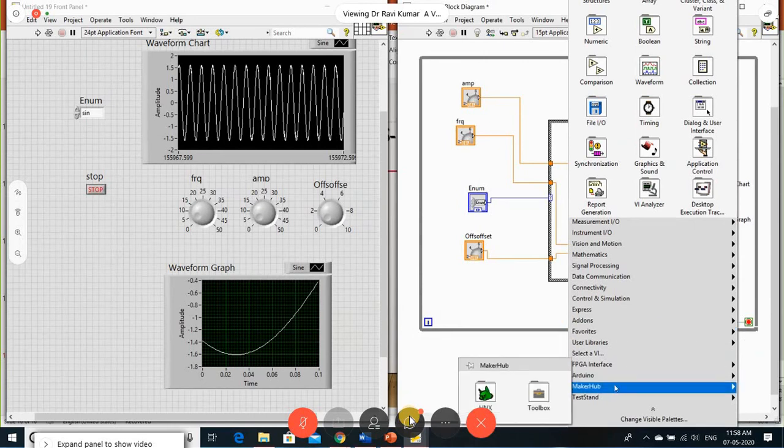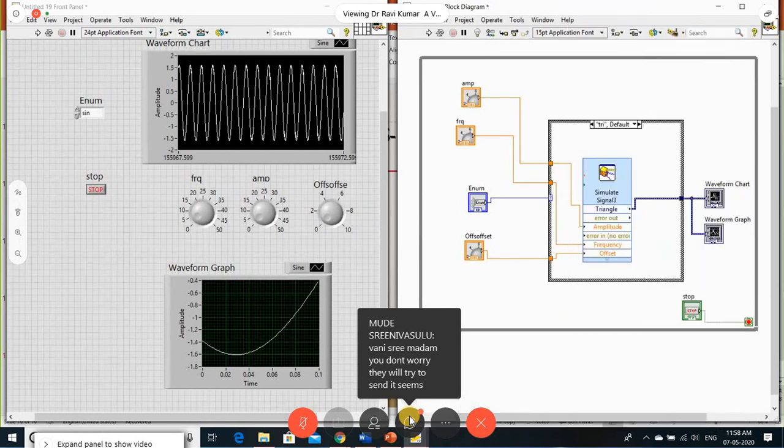So I have one more tool, MakerHub. This is the tool we can use for any ATmega processors like Arduino boards. You can use this toolkit, the MakerHub toolkit, to implement third-party hardware like your Arduino board or ATmega board. Directly, you can link it to your USB port. It will be detected through your port, and it detects your I/O channels. Okay, I'll show you one simple example in this.